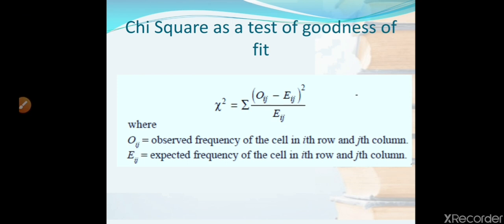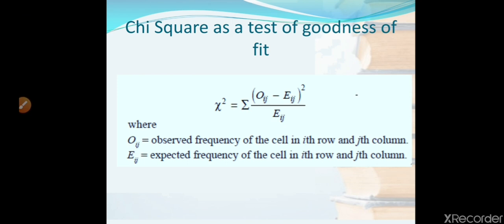If the two distributions are exactly alike, then this chi-square would be 0. But generally due to sampling errors, chi-square is not equal to 0 and as such we must know the sampling distribution of chi-square so that we may find the probability of an observed chi-square being given by a random sample from the hypothetical universe. We can use the table, which gives the probability for a given value of chi-square.